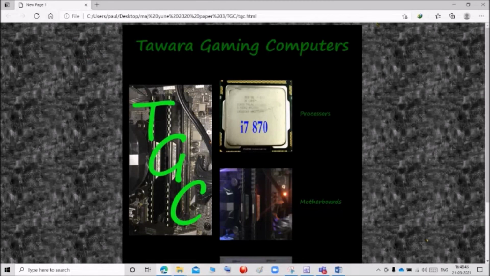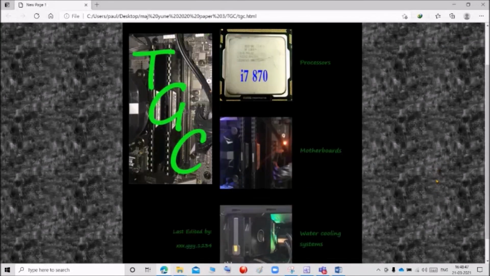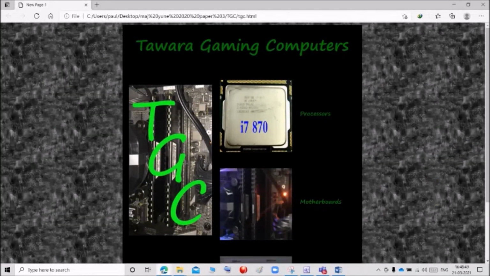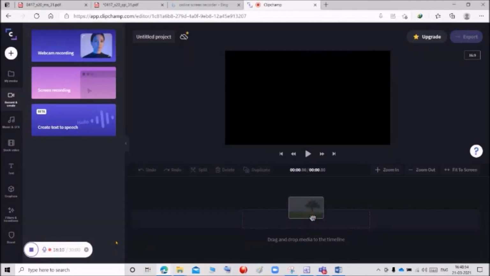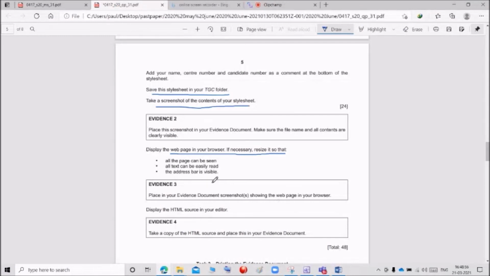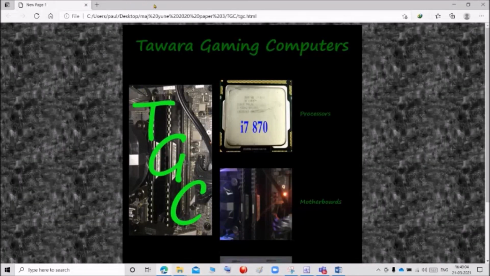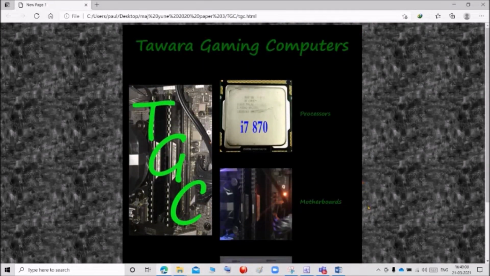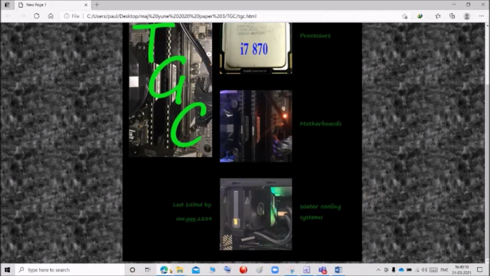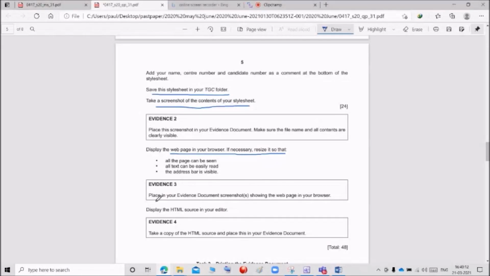I open in a new page. All the text can be read easily, the address bar is visible. We can read all the things, see there is no borders, lines now. So we did this.